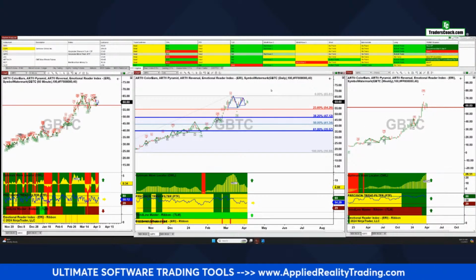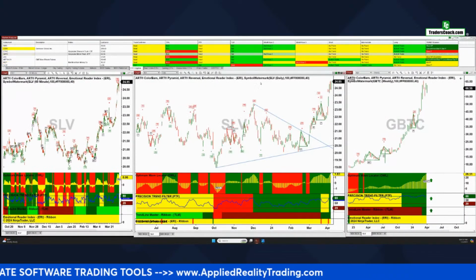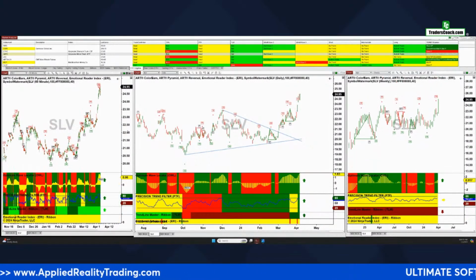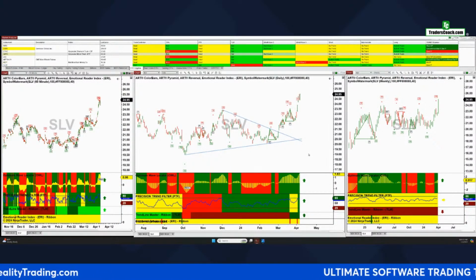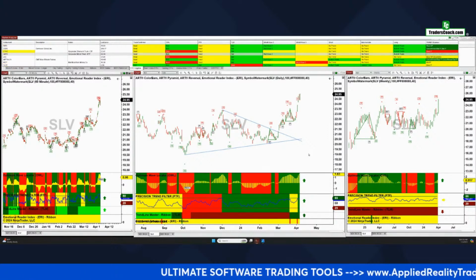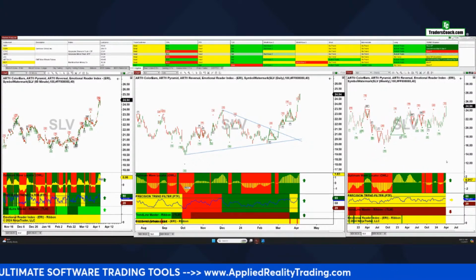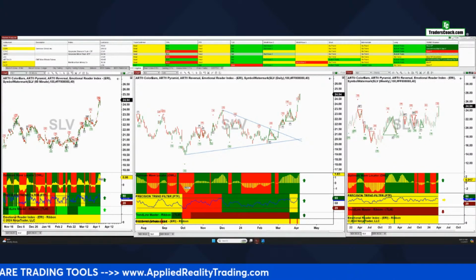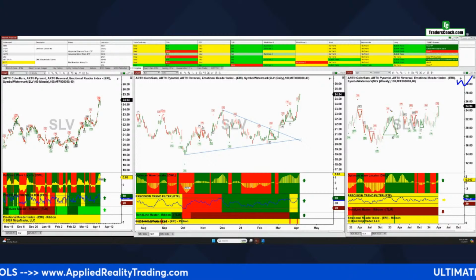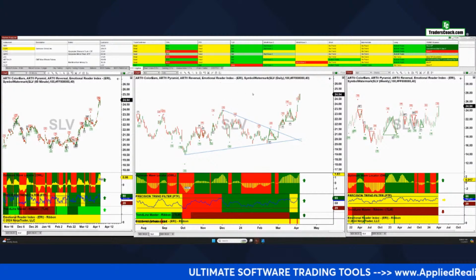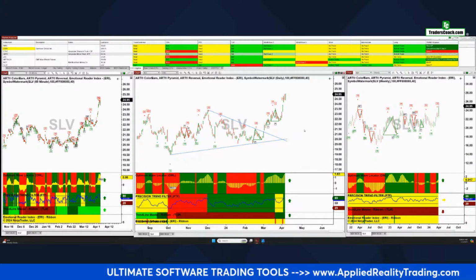All right, I do want to take a look at silver as well. Silver broke out. We recommended this as a buy. We certainly looked at it last week, and I think the week before and the week before, and this was looking really good. Still looking good. We think this is a significant breakout for silver and a buy signal. We're now well above the compression channel on the weekly chart on our far right. So that is a good sign, folks. So silver is on its way. It looks really good.